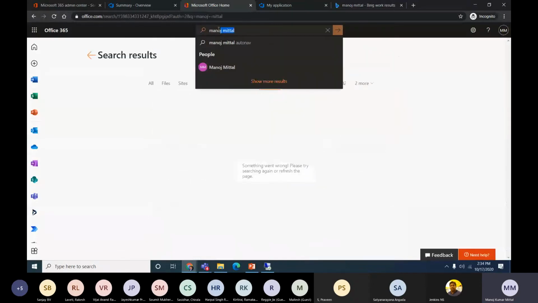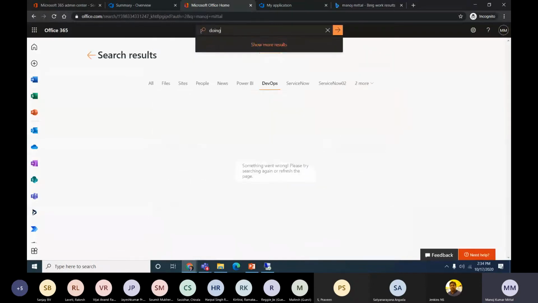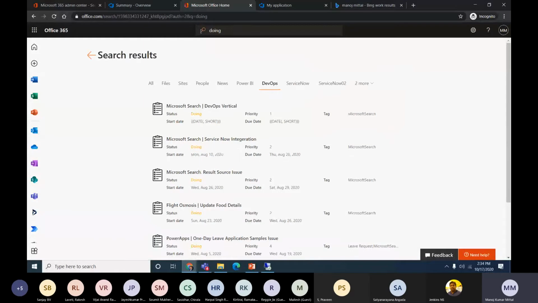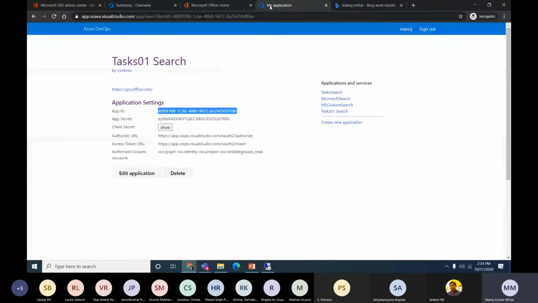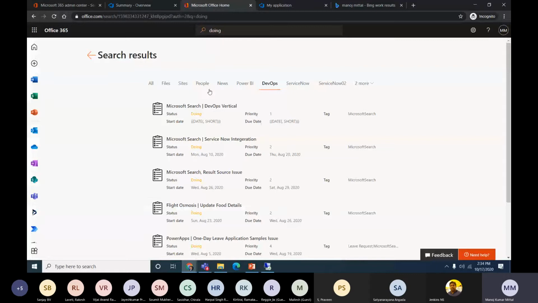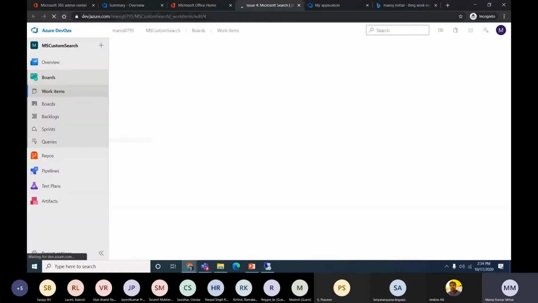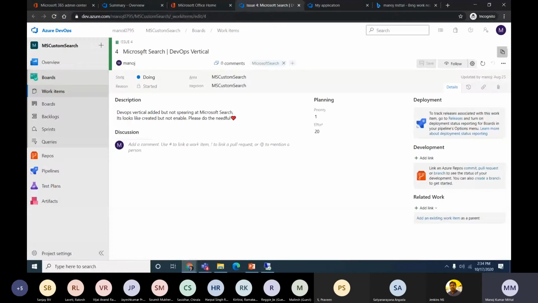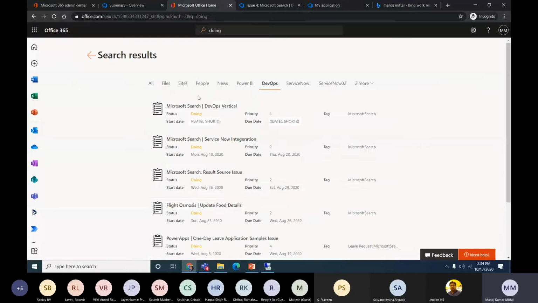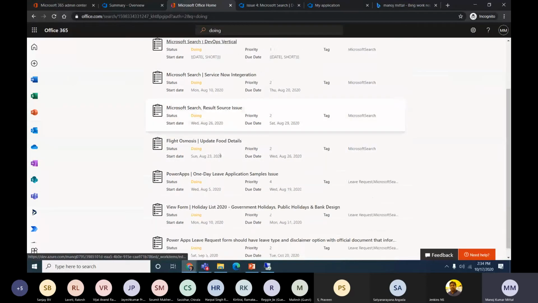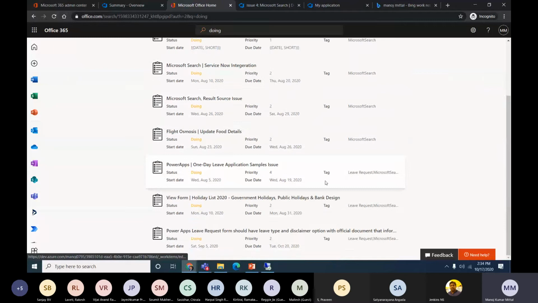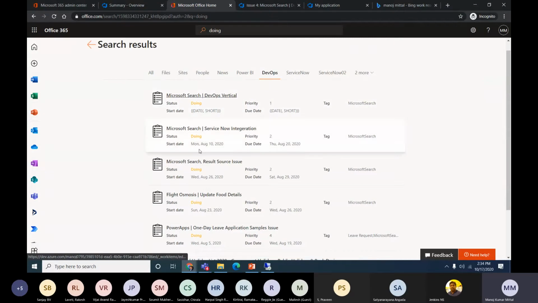So let me go here and search. I have crawled a few of the tasks in my DevOps environment. So this is the DevOps task coming here. If you click it here, it will open the DevOps section, devops.azure.com. This is the task I have, and I'm getting this content crawled into Microsoft Search. This card is in our control. We can design this card in our own way, with the controls Microsoft has provided and the properties we need to set. We can do a little bit of color coding also.